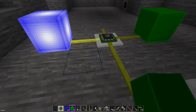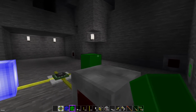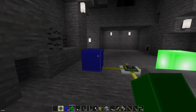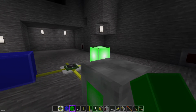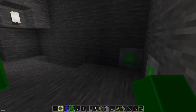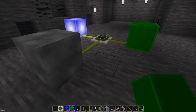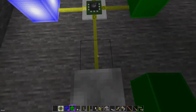So 2, boom. So when this is off, the normal state is these are de-energized, that's off. So this is my floor, this is my staircase. I turn that on, it turned 1, 2, and then the staircase rises. These pistons are off, the floor is retracted, and the staircase is raised. This is on, the staircase goes down, and then the floor closes. Subsequently, turn that on, the floor retracts, staircase comes up. Staircase goes down, floor energizes. That cool? I spent 2 days trying to figure that out,